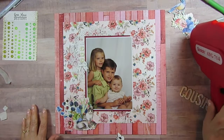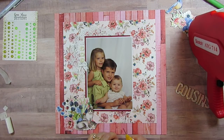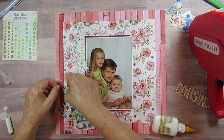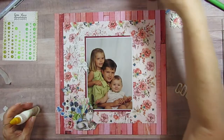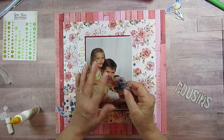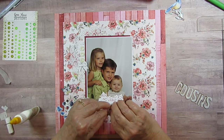And what did I do with my glue? Oh, I left it over here. And this is one of the bigger butterflies, so I've got the wings up on dimensionals. Okay. And then I've got another bunch of flowers, and I've just got the top part of it up on dimensionals because I'm going to use a bird and tuck the branch in